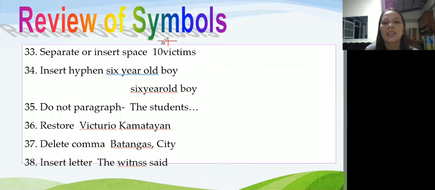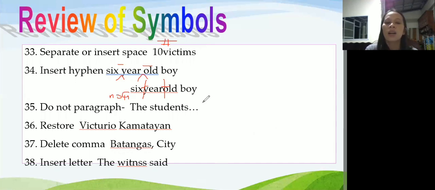Space din yan. Insert hyphen. Insert caret, then hyphen. 6-year-old. Dapat alam nyo kung saan ginagamit yung paglalagay ng hyphen, ha? 6-year-old, walang space, slash, hyphen. And then, do not paragraph, lalagyan nyo lang siya ng no new paragraph.